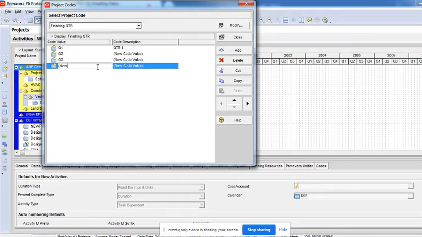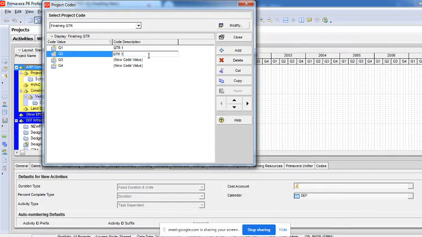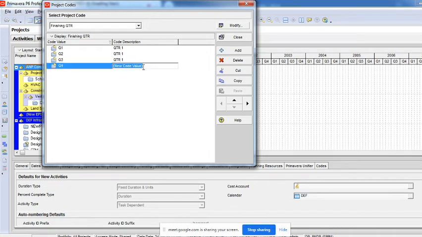This is my Q4. So I have 4 quarters. I'm just doing copy paste to save some time.